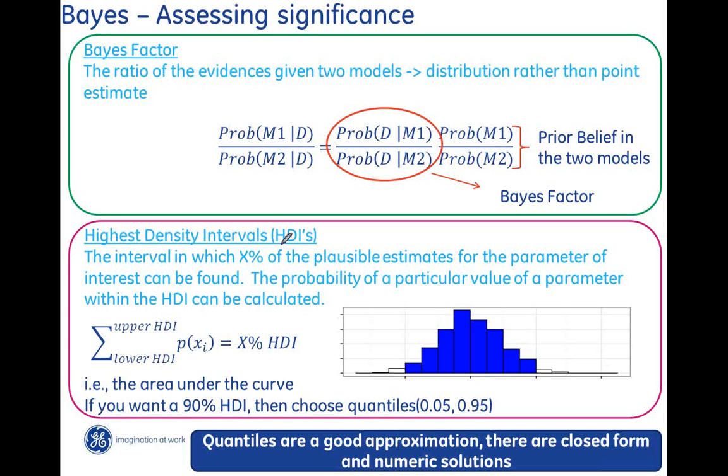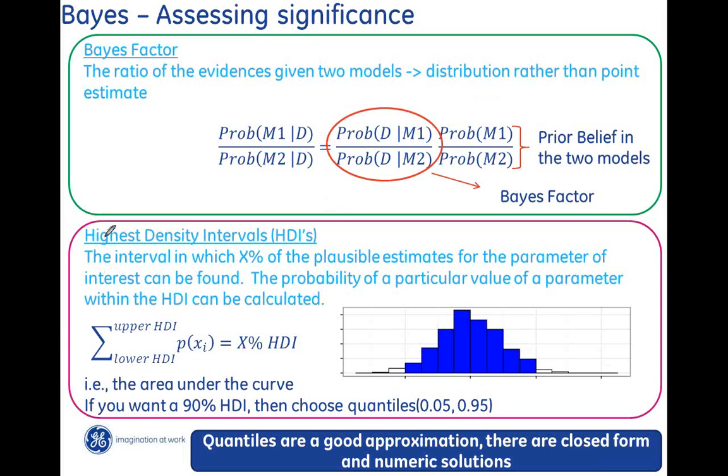So, how do we assess significance with Bayes? Well, there's a couple of ways. There's the Bayes factor. Sorry for all the equations, but basically it's a ratio. You're ratioing one data model against another data model, and you're going to compare those beliefs, weighted by your actual evidence, the previous evidence that you've had for Model 1 and Model 2. So you actually incorporate that prior information as well.